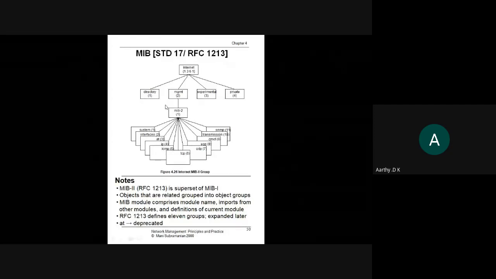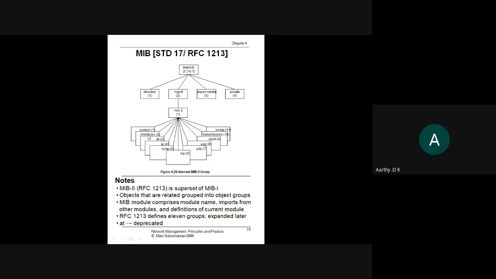Likewise, MIB2 is a superset. It has all the features that are available in MIB1, and in addition we have these 11 modules implemented in MIB2.